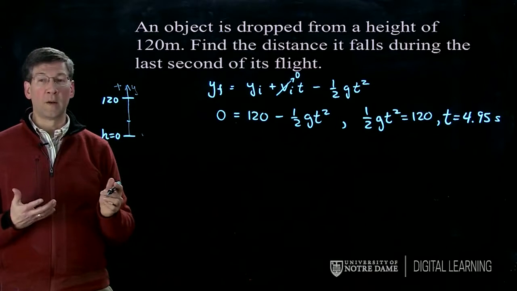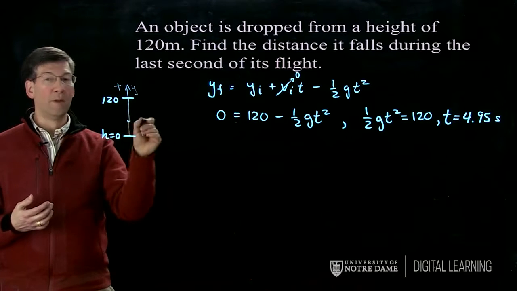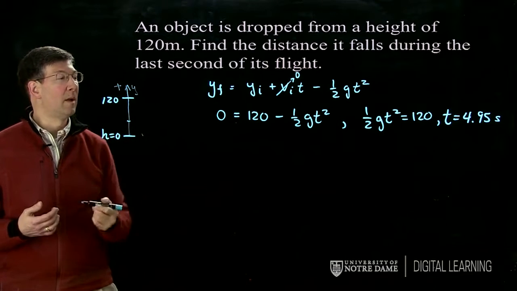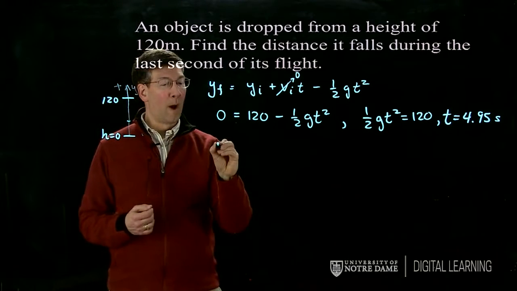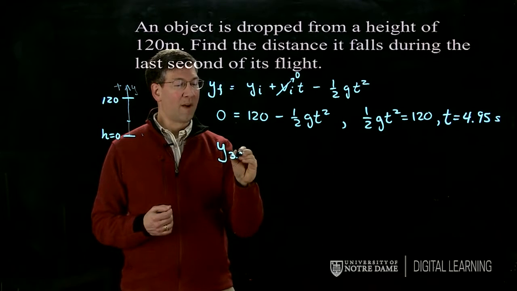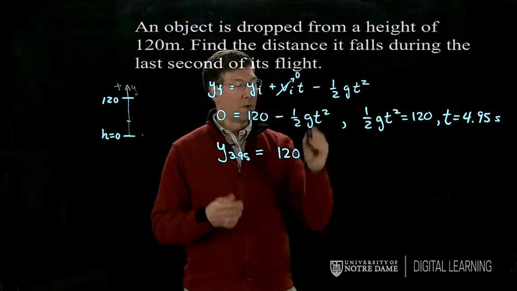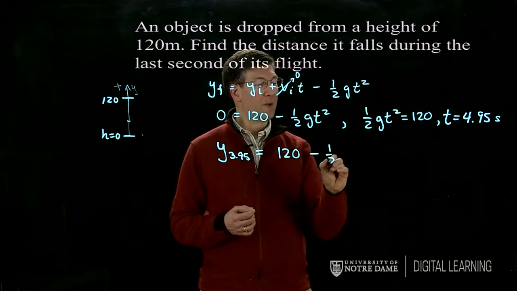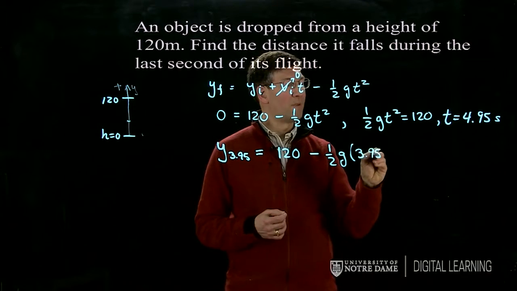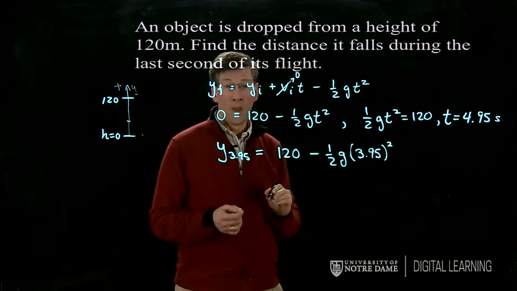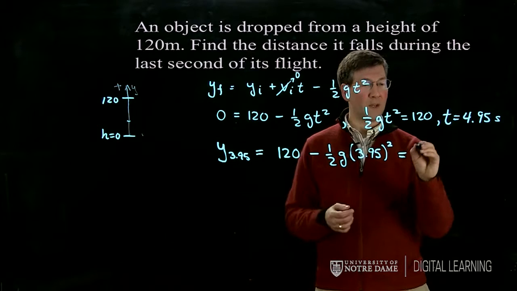So 1 second earlier, at a time of 3.95 seconds, we can find out where it was, and then that will tell us how far it falls in the final second. So y at 3.95 seconds is going to be equal to 120. We have no initial speed still, so I can just write this as minus 1/2 g times the total time that it falls to that point, which is 3.95 seconds, squared. If I calculate this out, I get that the y at a time of 3.95 seconds is equal to